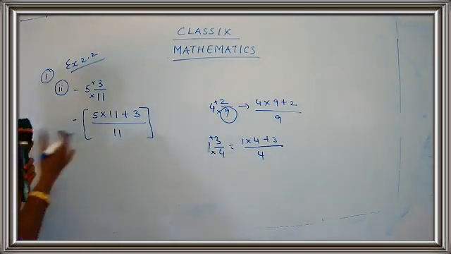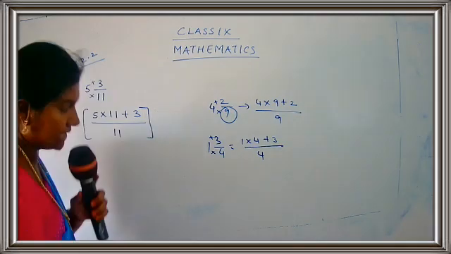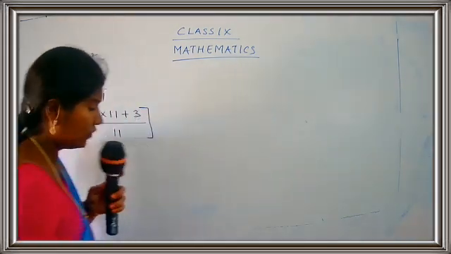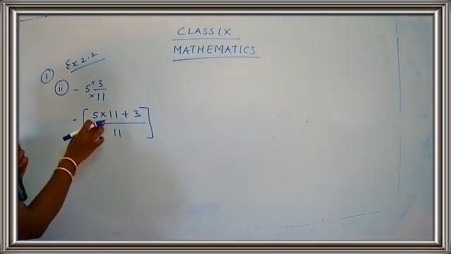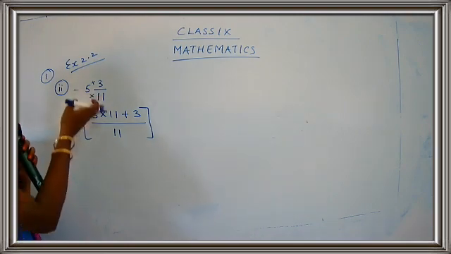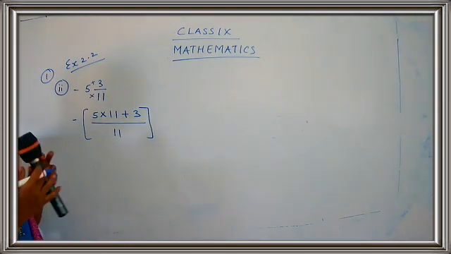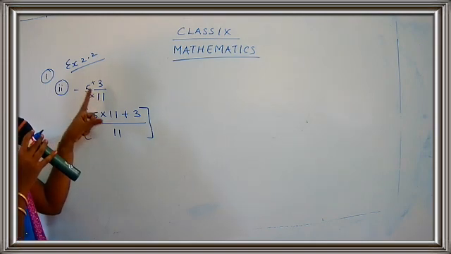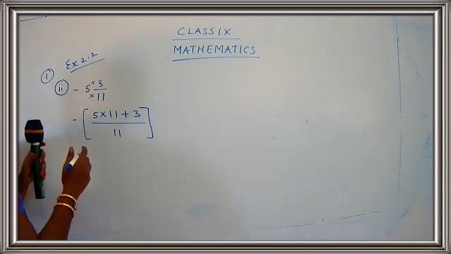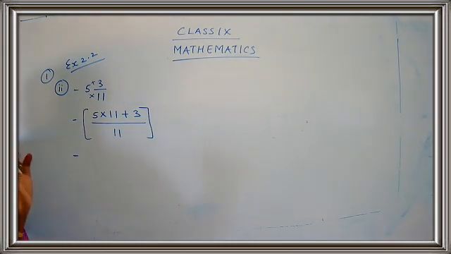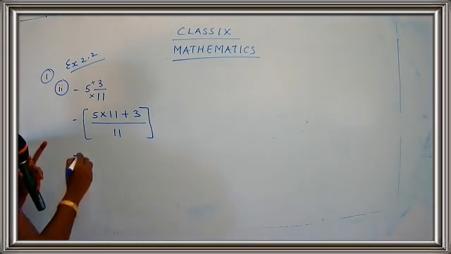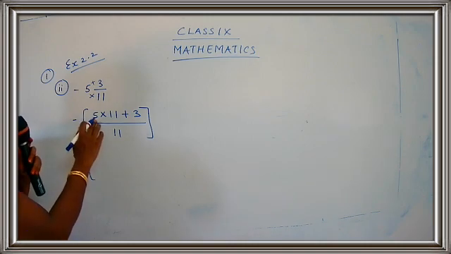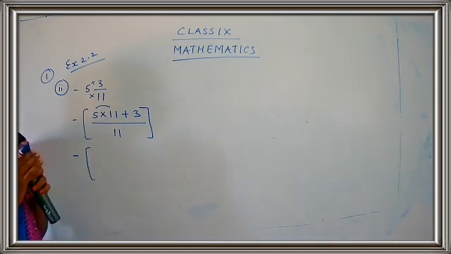Yes. Okay. Now let's come back to the sum. Exercise sum over here. Okay. So we have just written the numerator and the denominator form. So denominator is taken as the same number. The numerator we have to make some changes. So 5 into 11 plus 3. Okay children. So just keeping the minus sign as it is. I'm not going to touch the minus sign. I'll just keep it as it is. 5 into 11. We have seen the BODMAS rule. Yes.